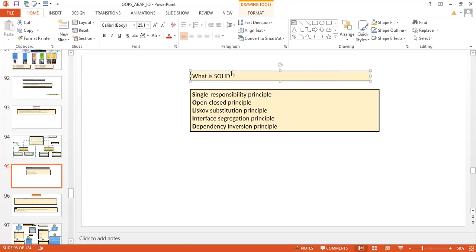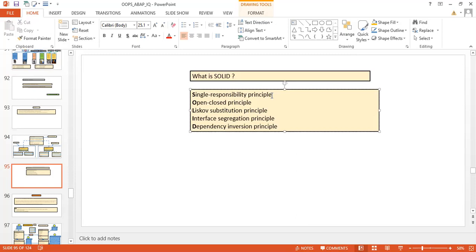So what is solid? Solid stands for, S stands for single responsibility principle. What is the meaning of single responsibility principle? It means if we define one class, that should be dedicated to only one thing. If we define one method, that should be dedicated to only one thing.